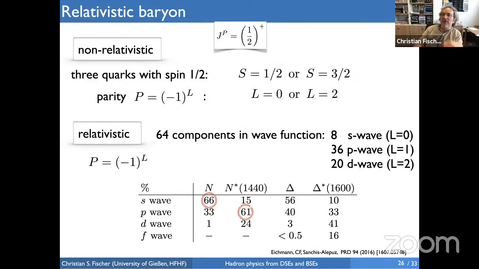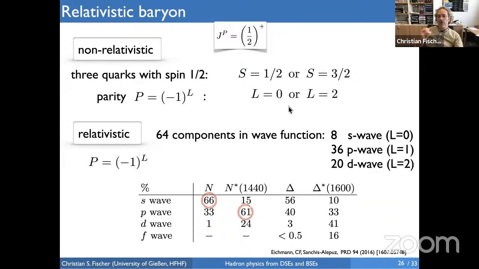Now, what is different in the quark model and in our framework? That's quite interesting. The quark model is, in essence, non-relativistic. So in order to make up a baryon with quantum numbers 1/2 plus, you need to combine 3 quarks with spin 1/2. And you can do so such that you get a total spin 1/2 or a total spin 3/2. The spin 1/2 is the one which is relevant here if L is equal to 0, and spin 3/2 is the one which is relevant here if L is equal to 2, because you can combine those to total J of 1/2. So these are the 2 contributions which you get in the quark model.